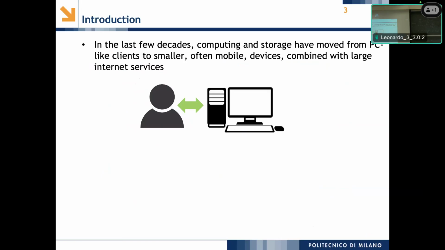So what happened? If you look at the way we developed applications in the last few decades, we moved from monolithic applications, okay, that used to run on a personal computer. Imagine an application for managing your career in Politecnico: 20 years ago, you used to have a desktop-based application, all monolithic, okay? They were running on a fat client architecture, a PC with storage, memory, and